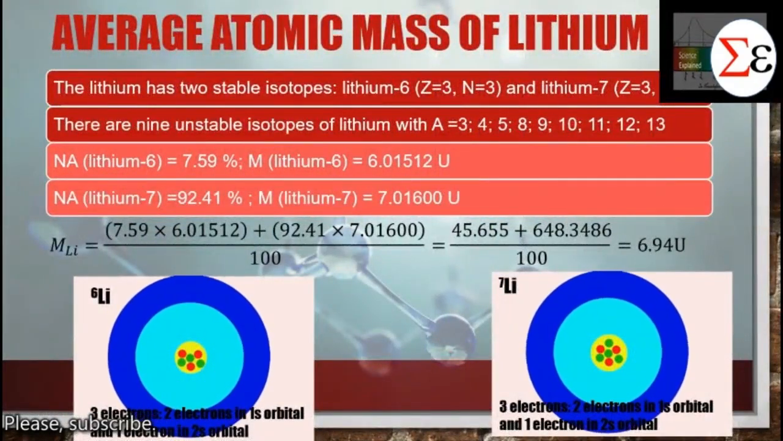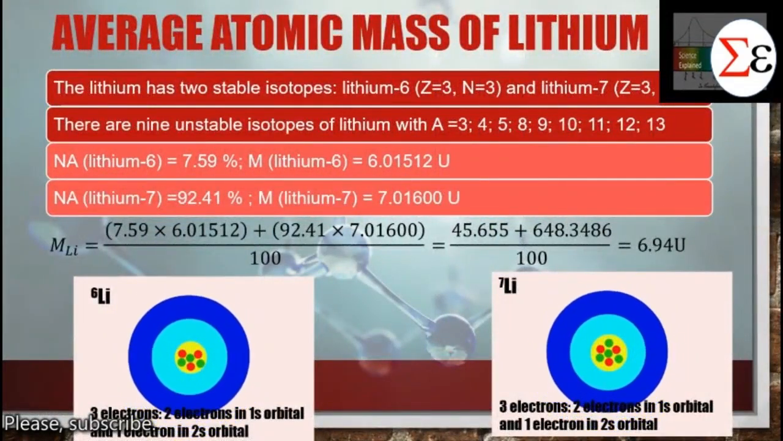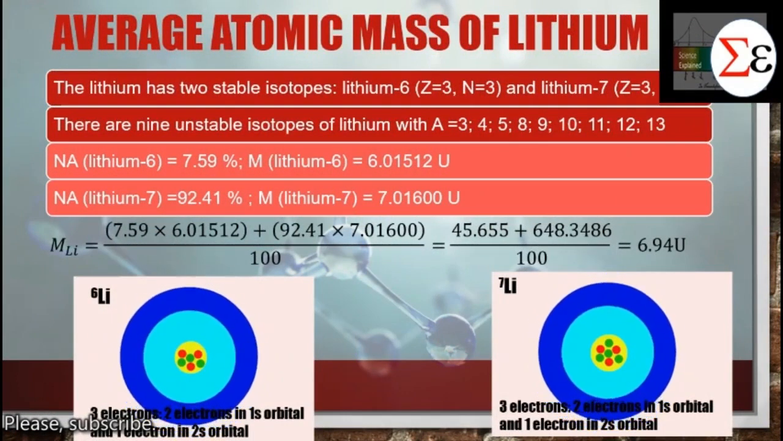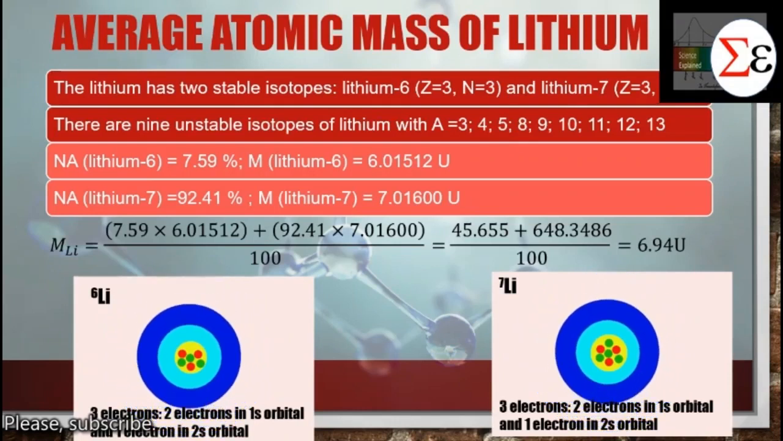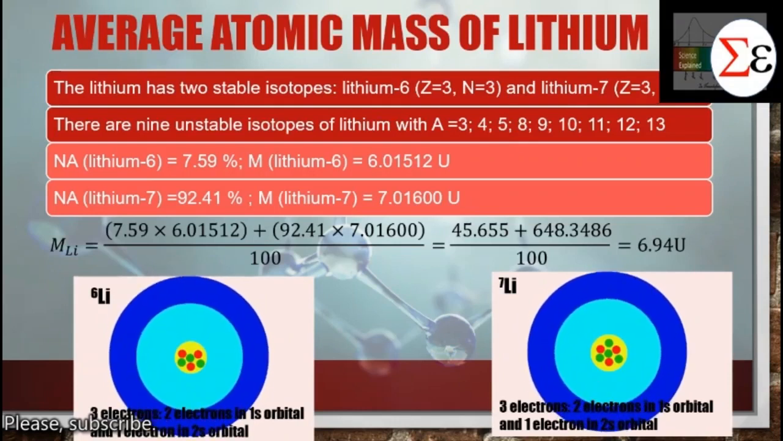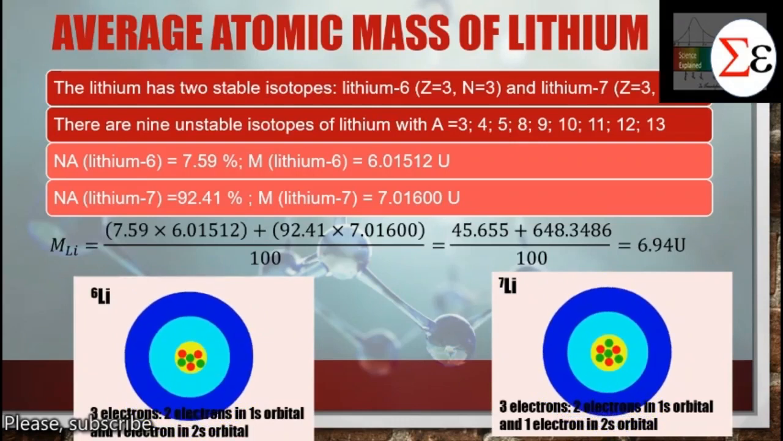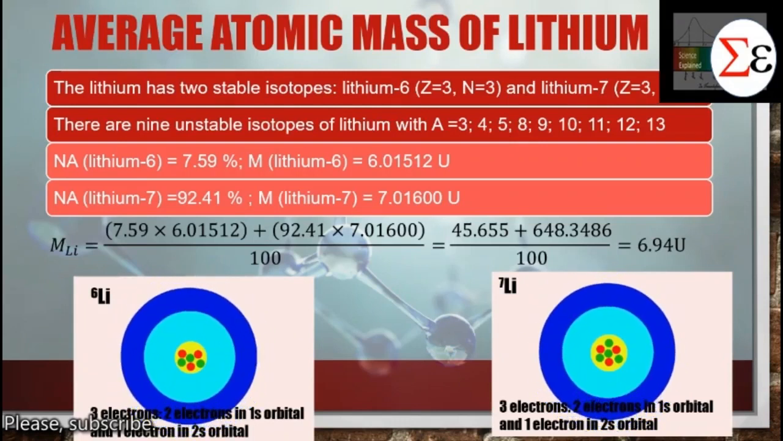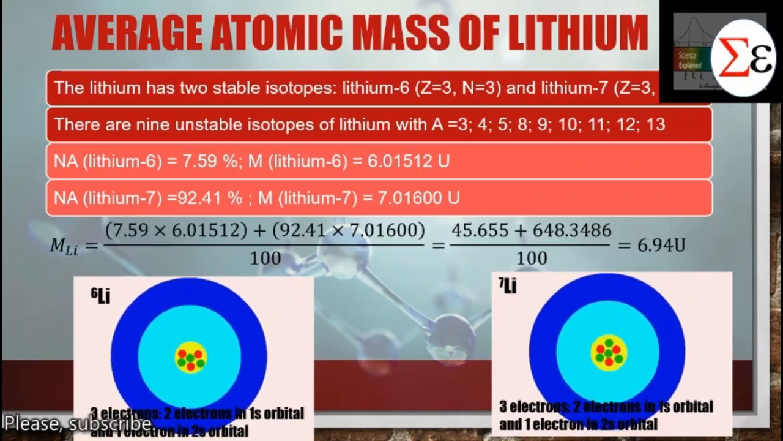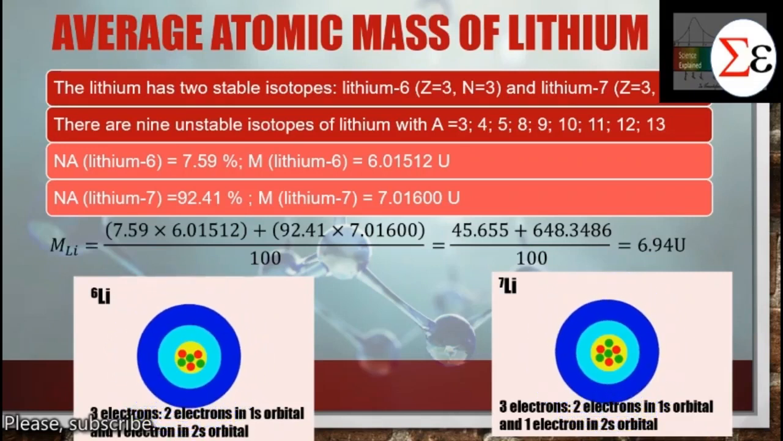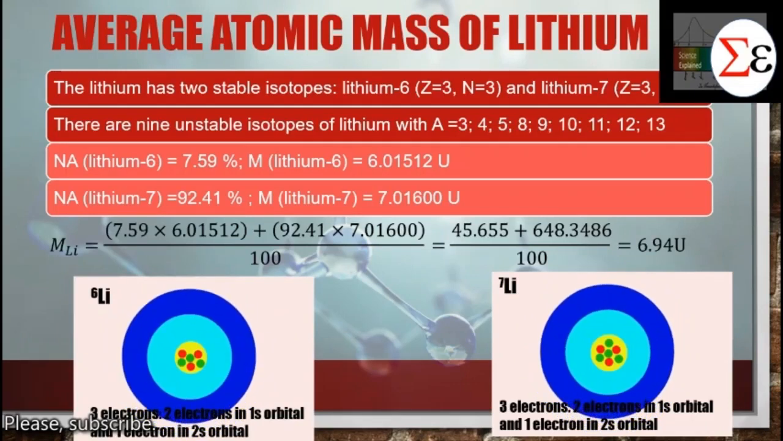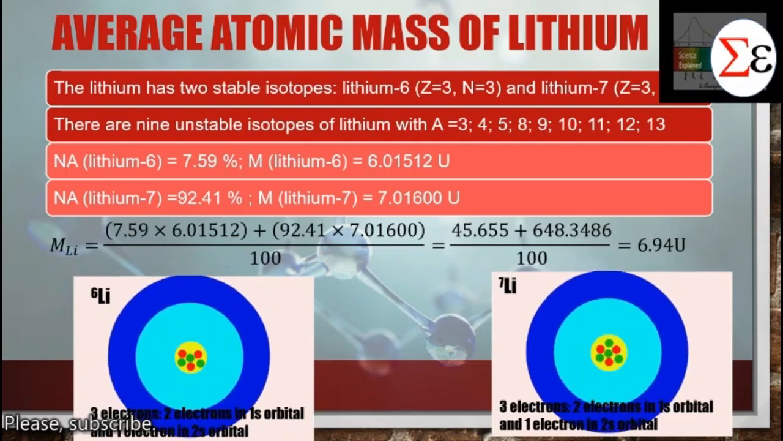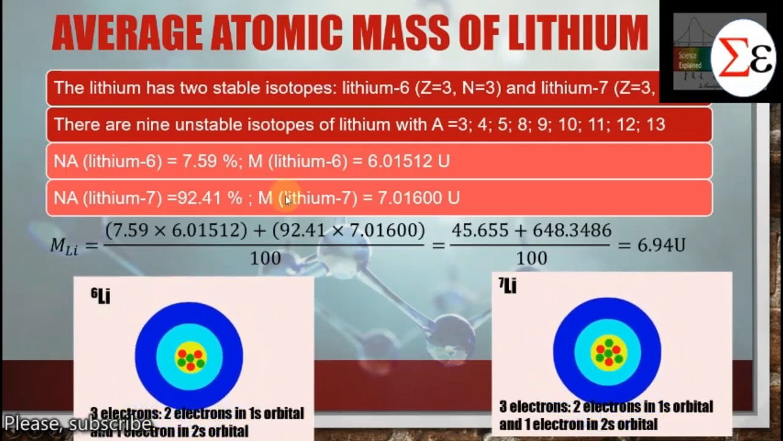And the lithium has 2 stable isotopes, lithium-6, N is 3, and lithium-7, N is 4. And there are 9 unstable isotopes, where A is 3 to 5 and 8 to 13. The lithium-6 has 7.59% of natural abundance, while the lithium-7 has 92.31% of the natural abundance. Both of them are stable and go to